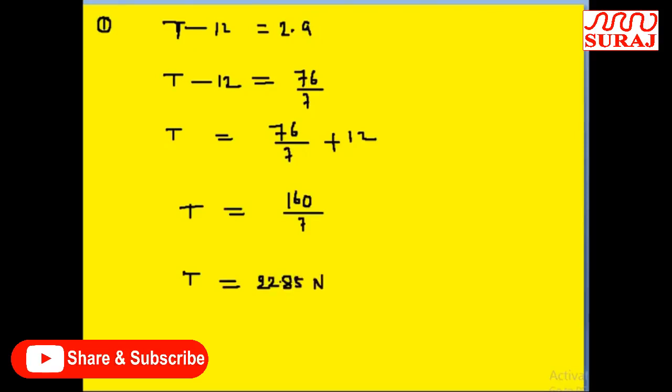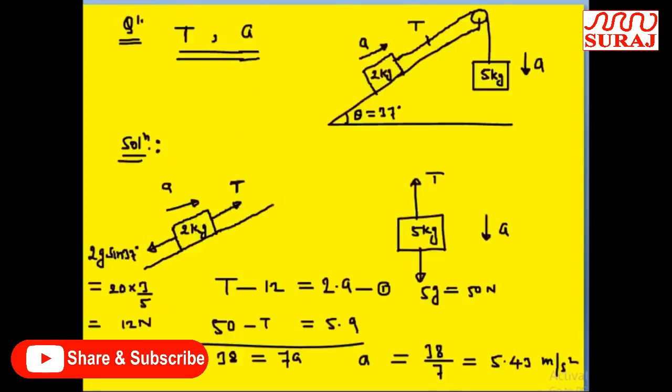So for acceleration 38 by 7, this one will become 76 by 7. So tension T can be written as 76 by 7 plus 12. 84 plus 76 is 160, so 160 by 7. So the tension will be